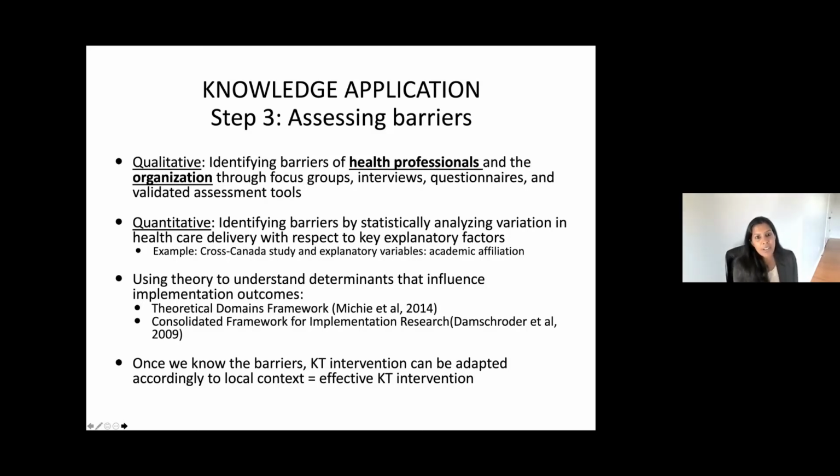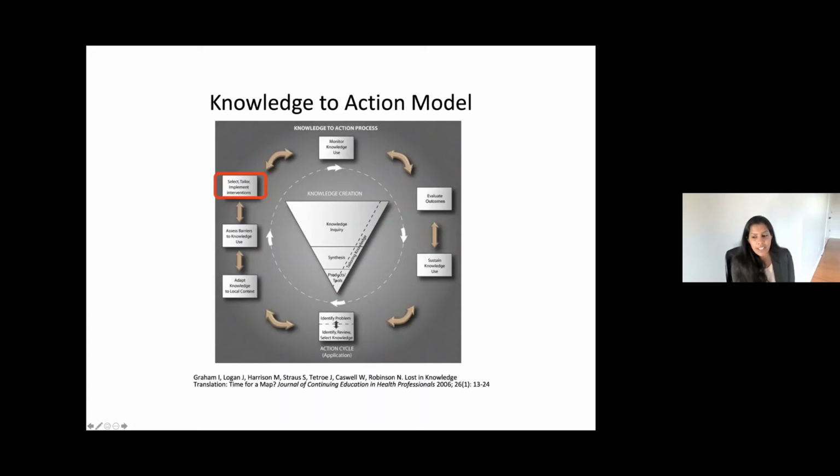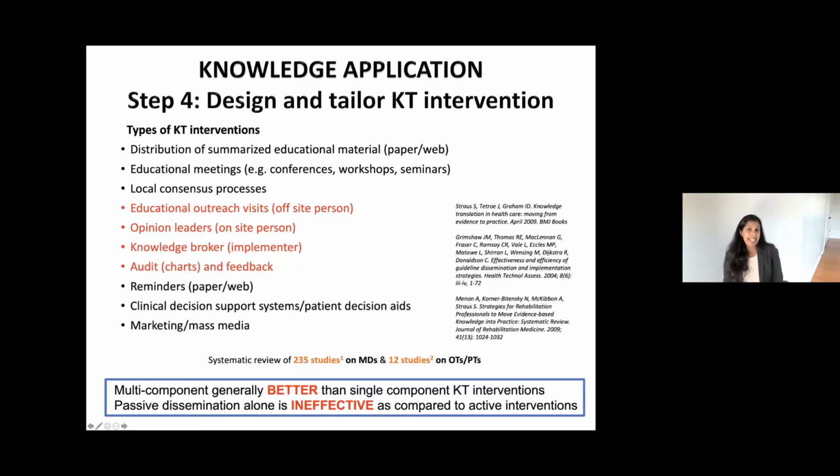So now we're going to talk about what those KT interventions are, what they're going to look like, and how to design them. There are different types of KT interventions, and this is another very important step where you want to engage your knowledge users in figuring out the best ways that they want to learn information. If you've got a practice guideline that you want to implement, you need to sit at the table with the knowledge users in front of you and figure out the best ways for them to learn this information. You might think of printed materials, web-based materials, distributing this kind of information, educational meetings,